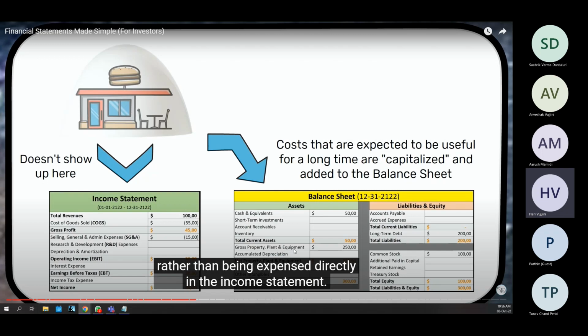So similarly, businesses also have a lifetime for any investments they make in property, plant, and equipment. It can be used for 3 years, 5 years. They decide upfront, and then they depreciate that value every year from the income statement.